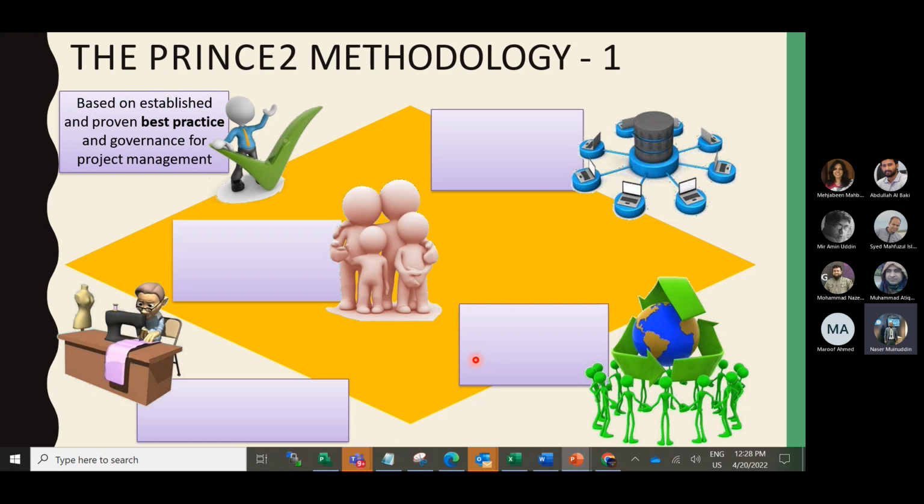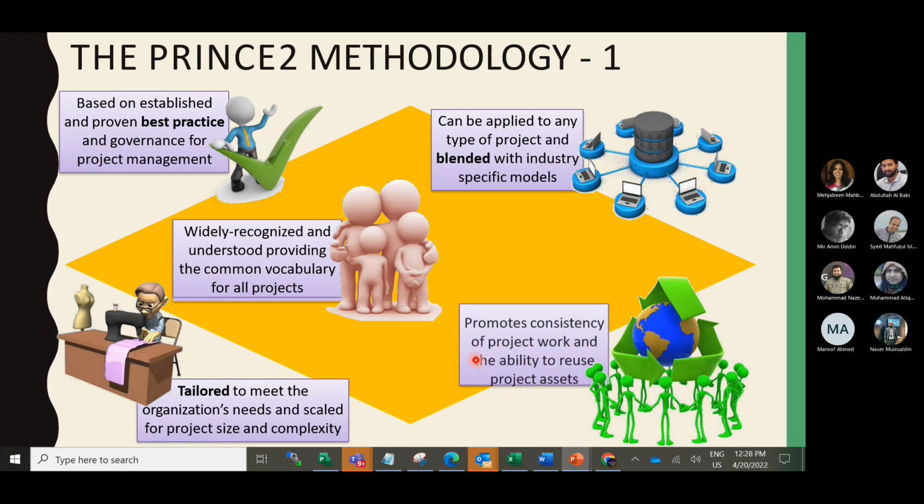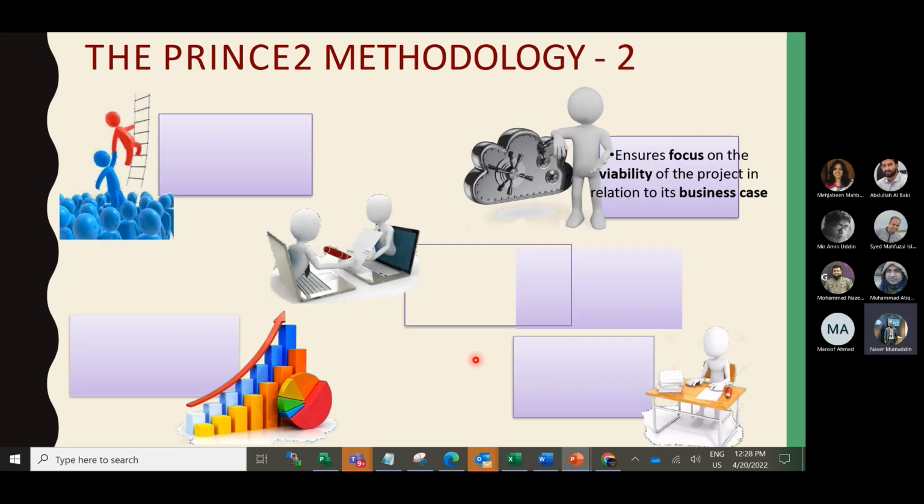So we understand so far, based on the discussion, that it is based on established and proven best practice and governance for project management, widely recognized and understood, providing a common vocabulary for all projects, tailored to meet the organization's needs and scaled for project size and complexity, can be applied to any type of project and blended with industry specific models, promotes consistency of project work and the ability to reuse project assets,